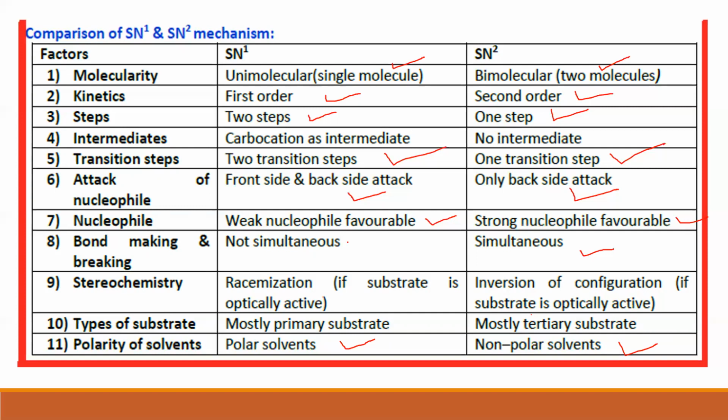Now, one of the things that we looked at in SN1 is that we spoke about racemization, under the aspect called stereochemistry. Now, where did you hear this word stereochemistry for the first time? You learned it for the first time in your first year when you did isomerism. So when we came across isomerism, we spoke about the different types of isomerism. Under isomerism, we studied two major types: structural isomerism and stereoisomerism.